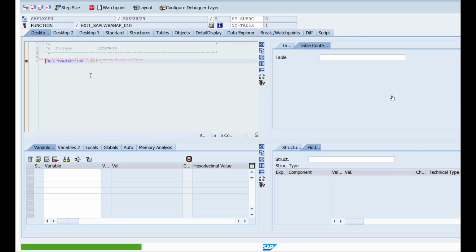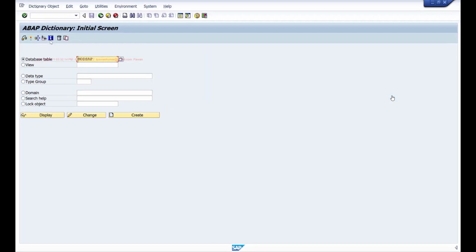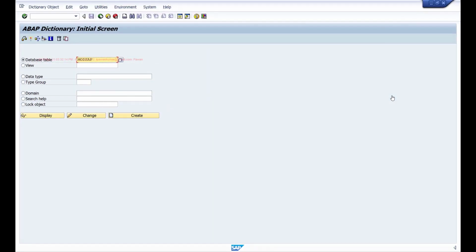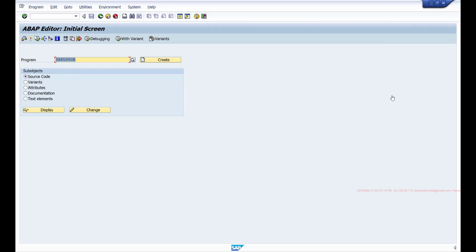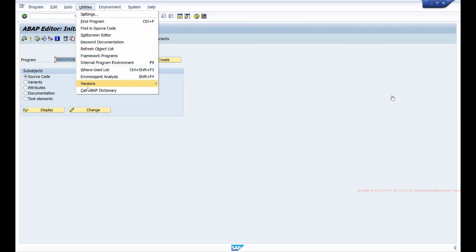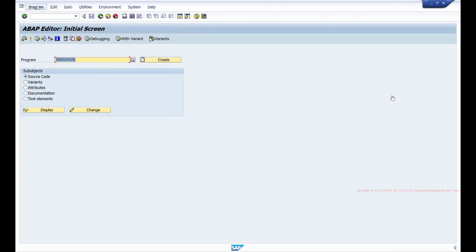So it is calling my enhancement where it is executing this code, and it should call SC11. Okay, so now we have added a navigation option from ABAP editor. If you want to navigate to SC11, you can simply go to utilities and use this menu. Right? So like that you can enhance standard SAP menus using this menu exit.